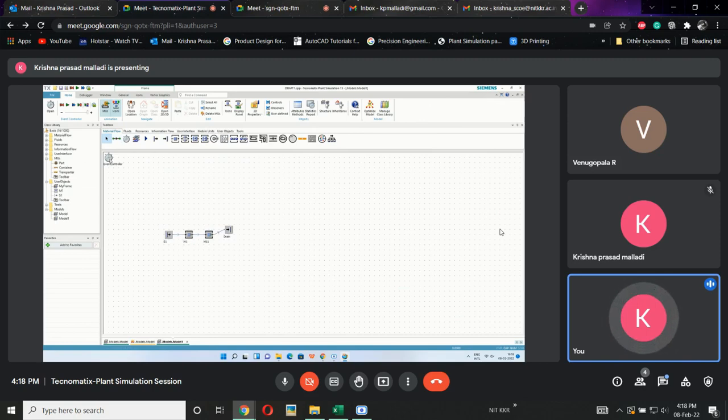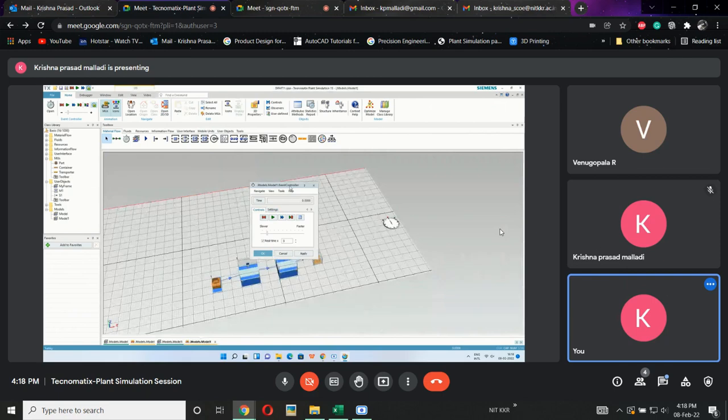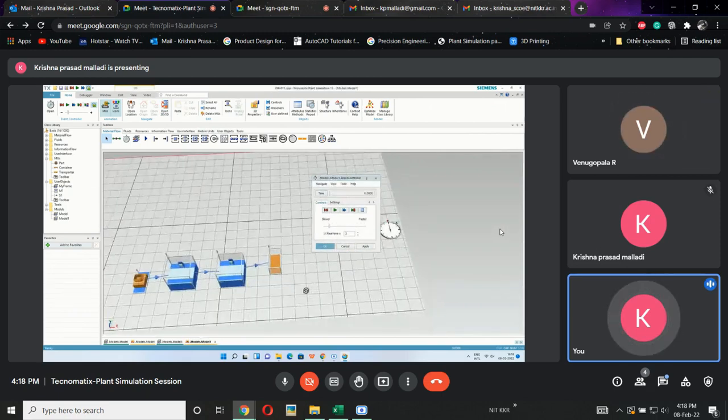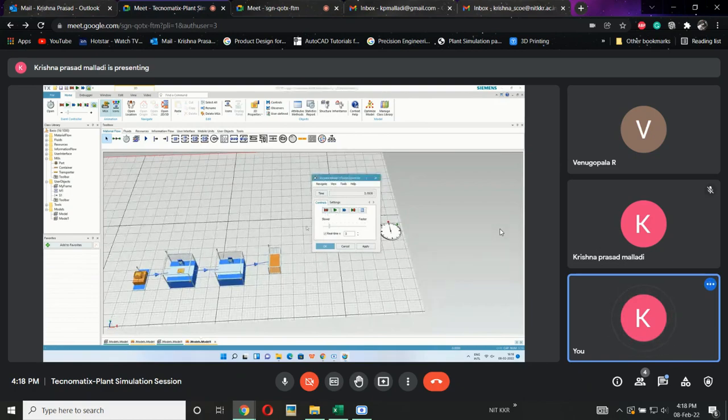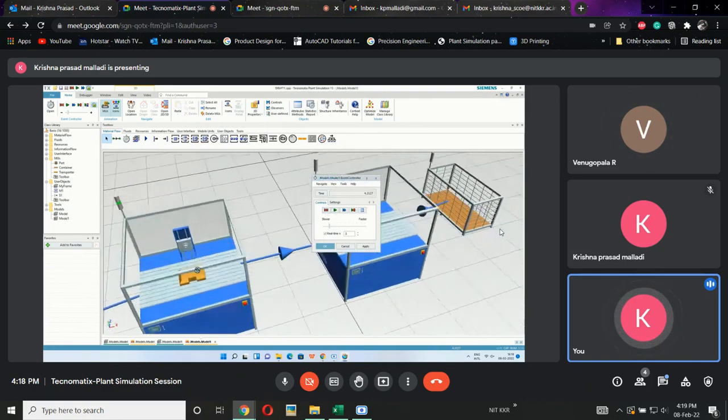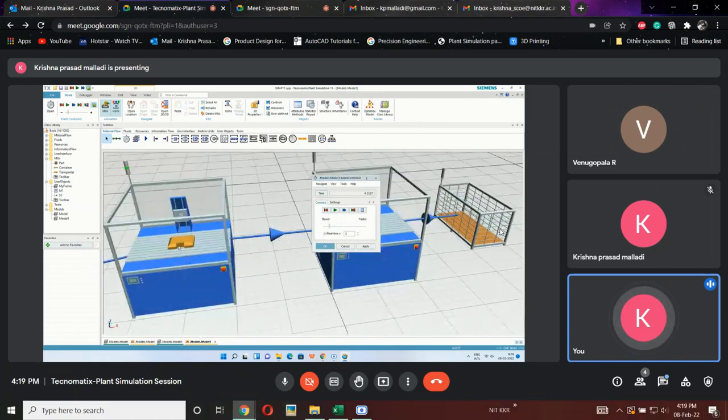Now if I run the simulation, let me change its representation. See, sir, in 3D it will be visible like this. If I run the model, the part color is yellow and this is a representation. I can change that also.